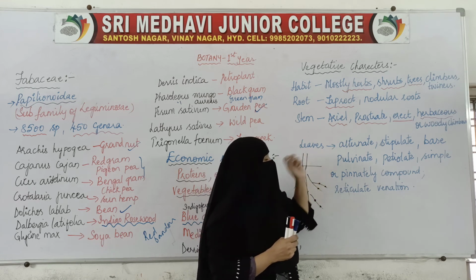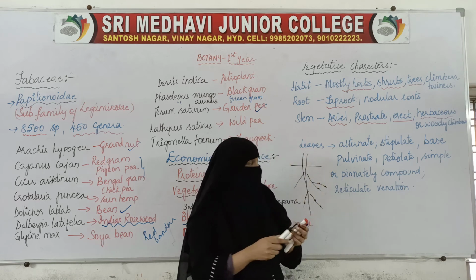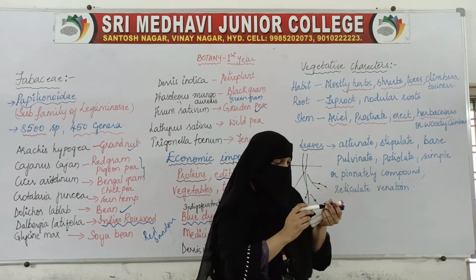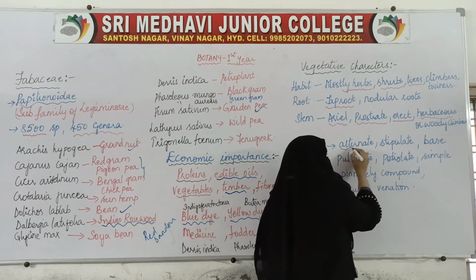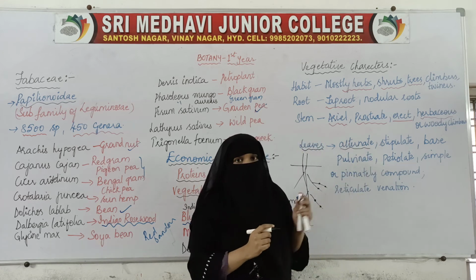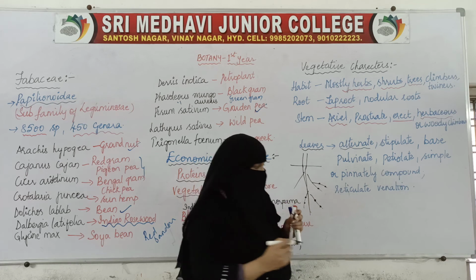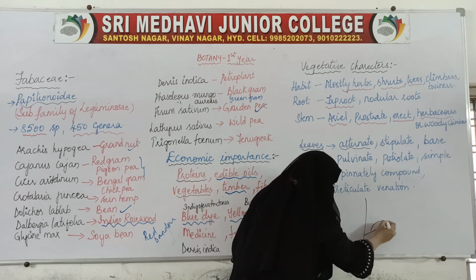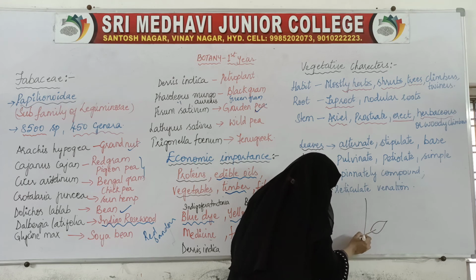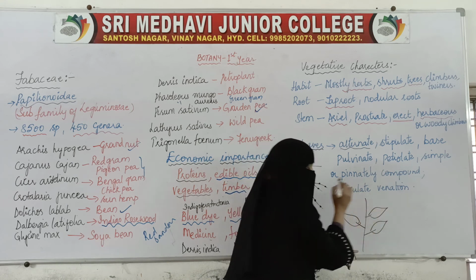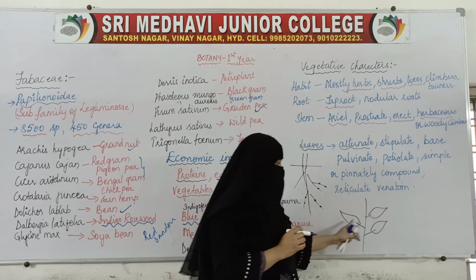Okay, and now coming to the leaves of the members which belong to this species, the leaves are alternate. That is, the phyllotaxy is alternate. This word we have discussed in the Solanaceae family also. If this is the branch, that is stem, and here is one leaf, another leaf will not be here. It will be here, alternating. Then another leaf will be here. Alternating leaves, that is the arrangement.